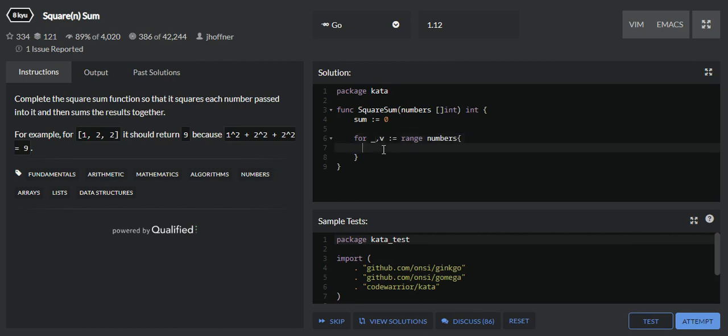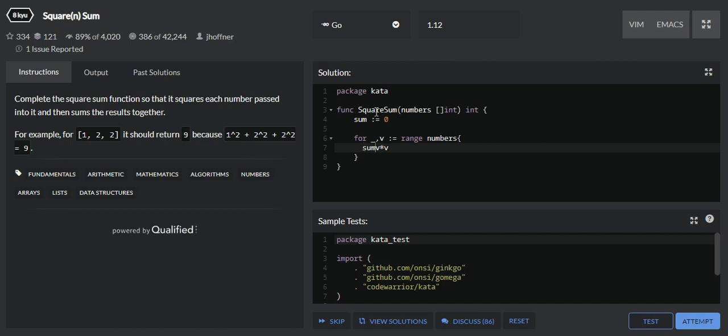Now as I am iterating over each number, suppose the slice passed is 1 2 2. At the first occurrence my value will be 1. So I will square this number by multiplying it by itself, that is, I will square the number v which is passed, and then I will add it to my sum variable.